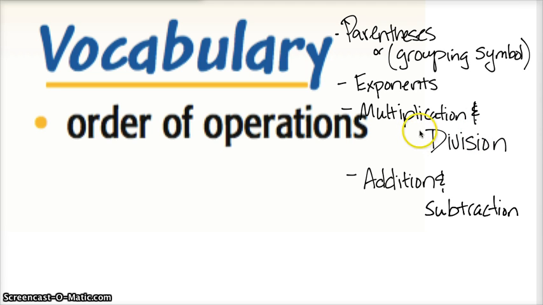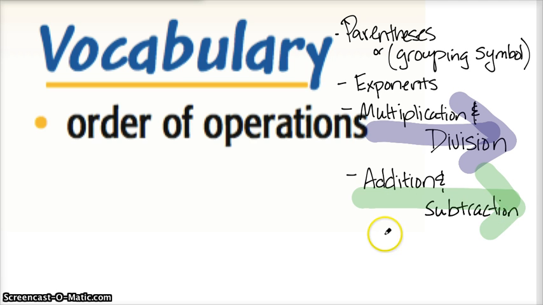And this is important. Multiplication doesn't supersede division, and division doesn't supersede multiplication, meaning you shouldn't do one before the other. You're just going to go from left to right in your problem, doing multiplication and division as it comes up. And the next thing you're supposed to do is addition and subtraction. And again, neither of these supersedes the other. You just go from left to right at the end of your problem,